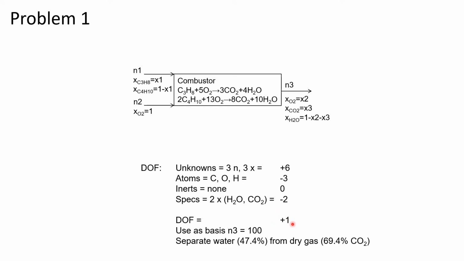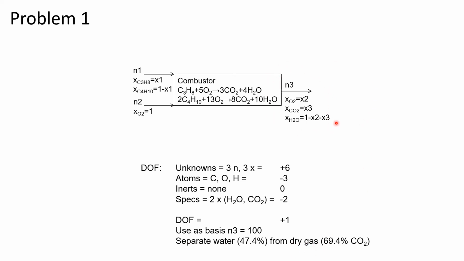We're going to use that degree of freedom to set a basis, and we're going to use as a basis the wet gas flow rate coming out, the total flow rate of the stream coming out. We're going to set that equal to 1. But since we're also given some composition data for the dry gas, we're going to redraw this process flow